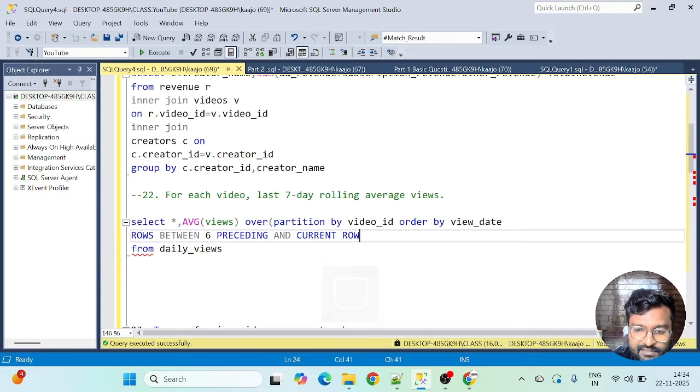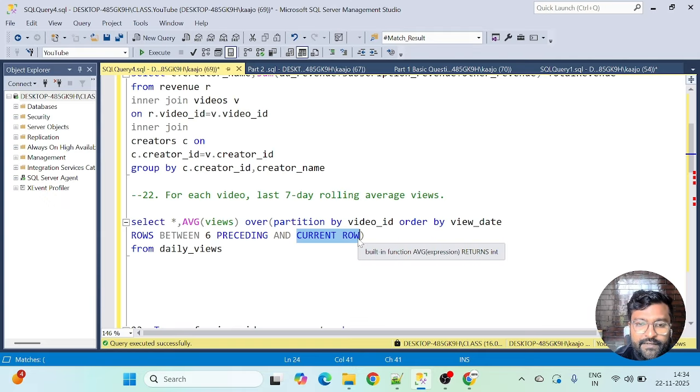Now pay attention here. What I'm doing is rows between 6 preceding and current row. What this will do is, whatever row we have, it will go back from that row to the last six rows for that specific video, right? So that's what we wanted. I told you, this question is not about calendar last week. Whenever that video was watched in the last 7 times, I want to get those rows and then take the average of their views, those 7 records for a specific video.